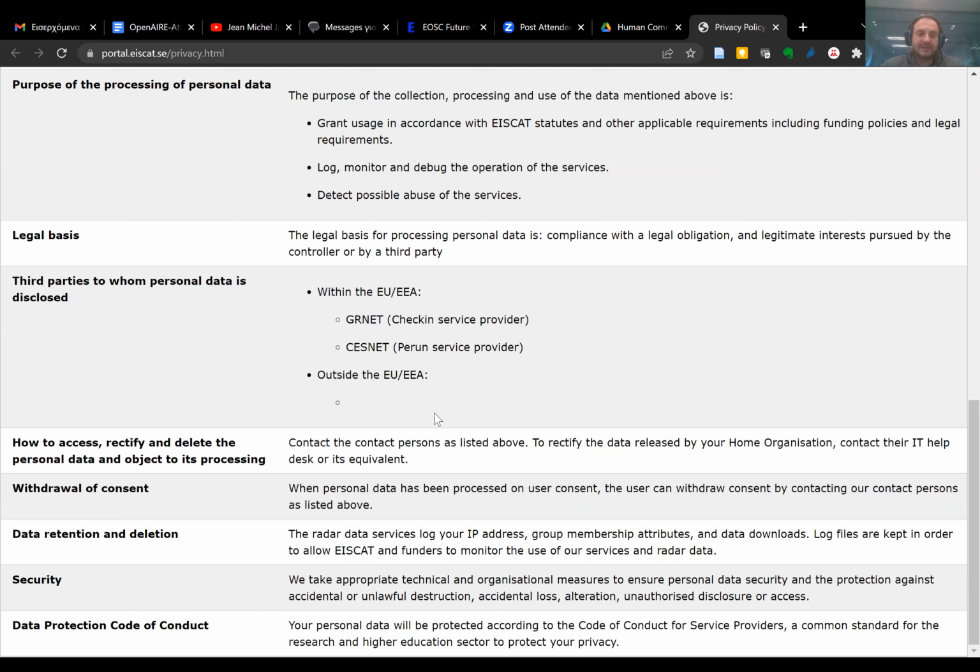Okay, how to access, rectify, and delete the personal data and object to its processing. I think it's all right. I would be a bit reluctant to say contact the contact persons. I would just put again the email. To rectify the data released by your home organization, contact their IT help desk or its equivalents. Again,